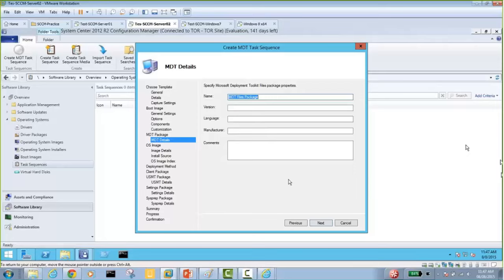MDT files package. In fact, we can put MDT files package Win7, or in Rolando's case, it's Win8. So next,